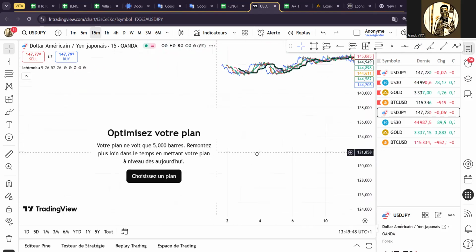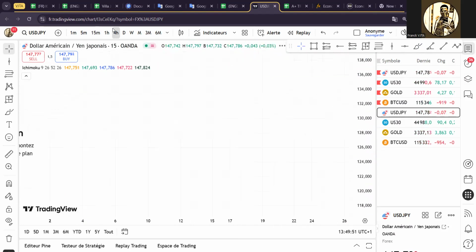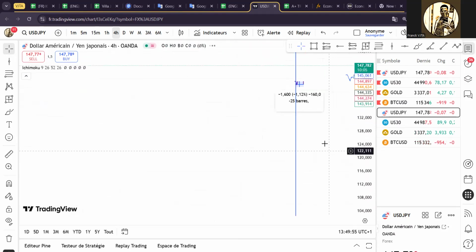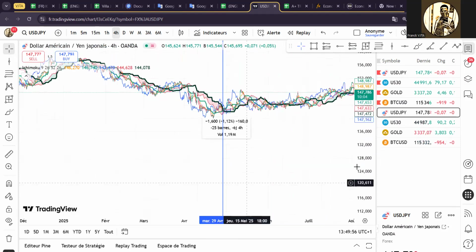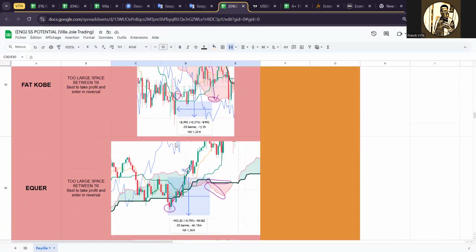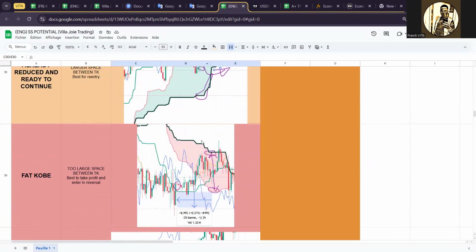Will it be possible to, no, we cannot go there. The candles are finished there. Okay, no, but you get the idea. So then we have Fat Kobe